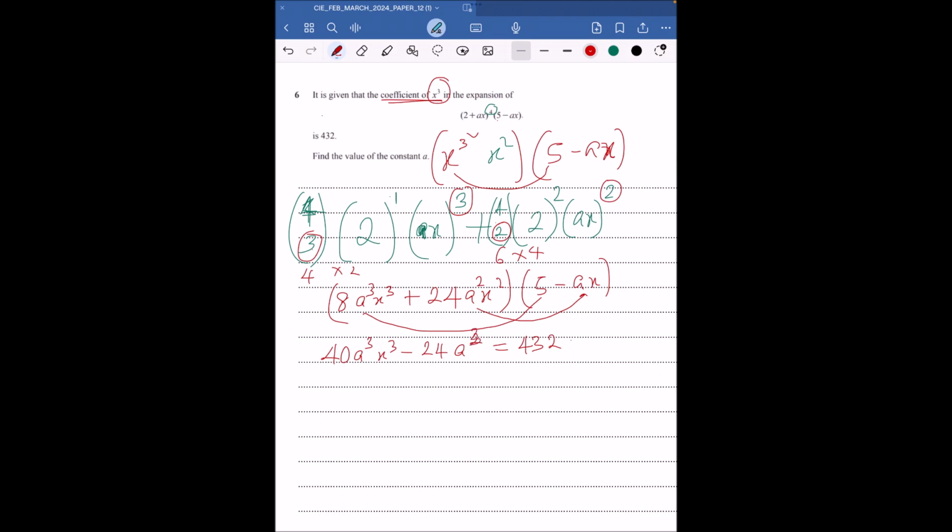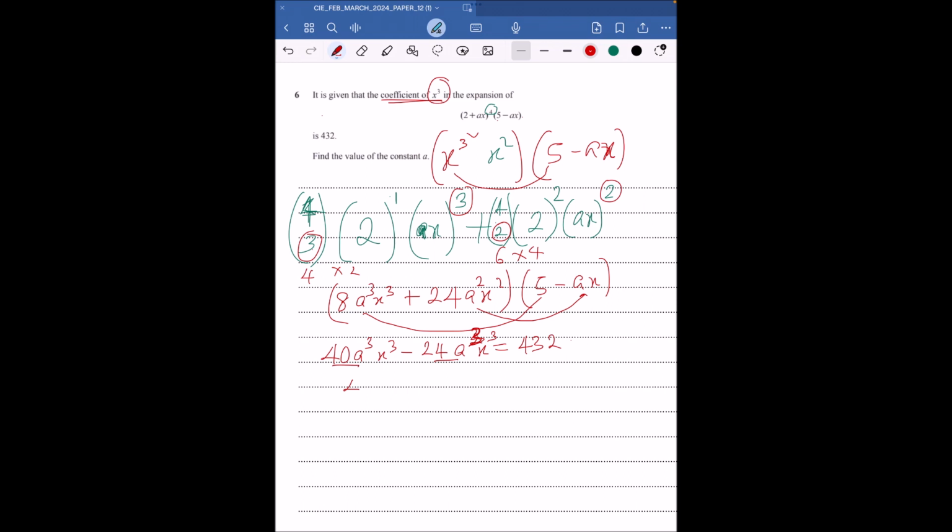So this should be a cube. So this is a squared, this is a cube. So these are the things. It's only in A levels because I teach A levels also. I already know that you cannot solve cubic. So you always double check your work. So I only need the coefficient, this. So 40